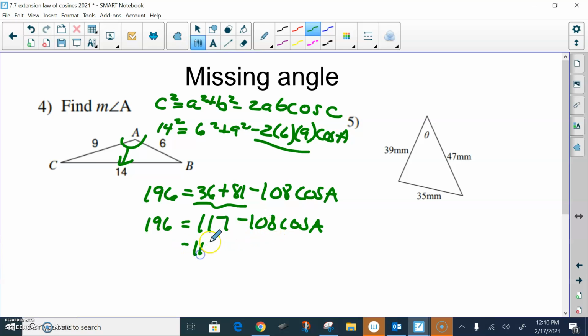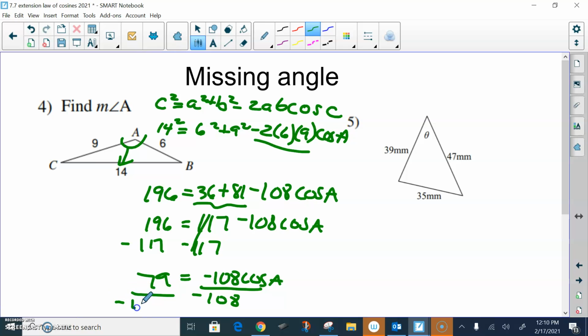So I'm going to get rid of my 117, subtracting it from both sides, and I get 79 equals negative 108 cosine of A. I'm going to divide each side by negative 108. So I get cosine of A equals 79 divided by negative 108, and I get negative